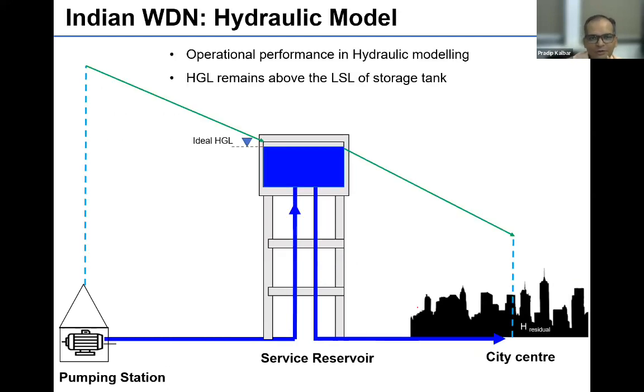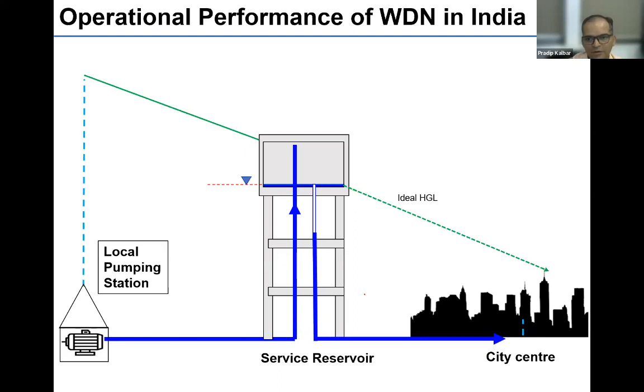So what is happening because of this is, although we design our system at the low supply level here, and we assume that when the tank is full, at least we get a good pressure in the city center, that is not happening. Because of the tremendous amount of withdrawal, these tanks are basically not coping up with the supply and demand pattern. Whatever was assumed in the DPR is not a reality.